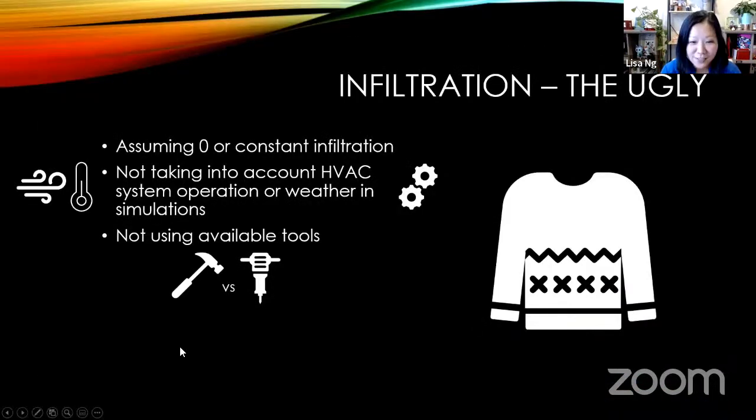All right, so the ugly. It doesn't seem like anyone here is subscribed to this, but I've definitely heard these in my tour of giving these kinds of talks: people might assume zero or constant infiltration. Zero infiltration would be for a very tight building, but oftentimes we're not modeling very tight buildings. And constant infiltration, like I said, doesn't take into account weather. So if you're in Alaska and you're looking at building envelope air tightness energy savings, that's going to be different than in a city that is warmer.